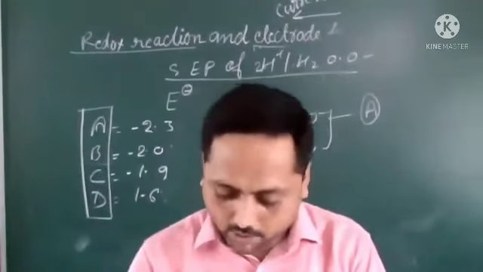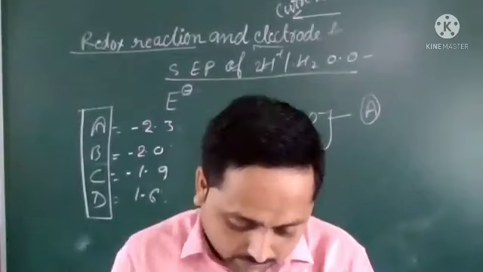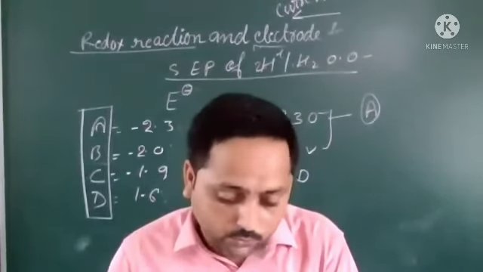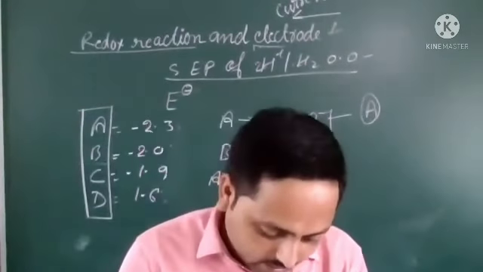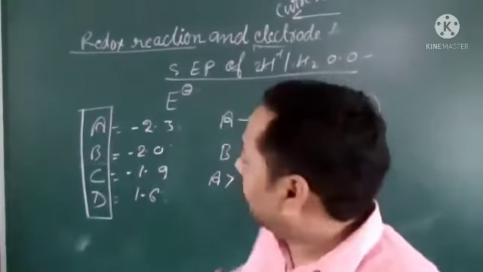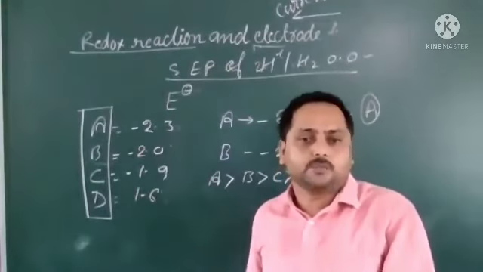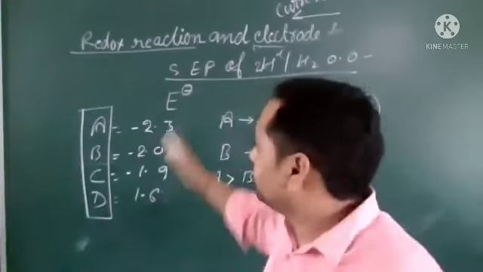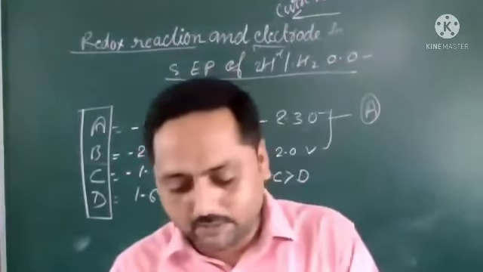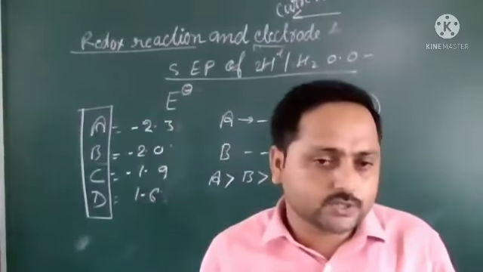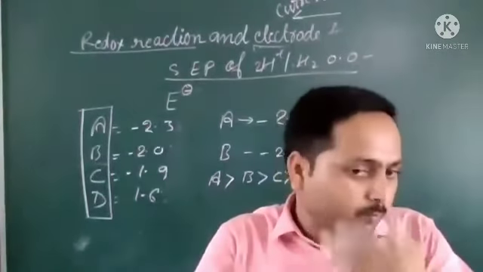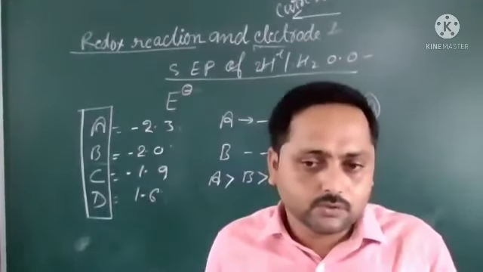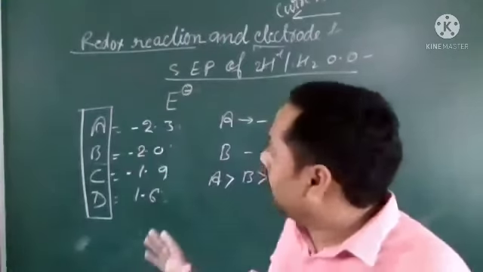All of you see in the exercise in your book, some questions are given: 8.29, 8.28, and 8.26. On the basis of the value of standard electrode potential, you can solve these questions. One more and last point I would like to raise: those electrodes that have more negative value are more reactive and are more reducing agents. Understood this? All of you keep this point in your mind and watch this again.